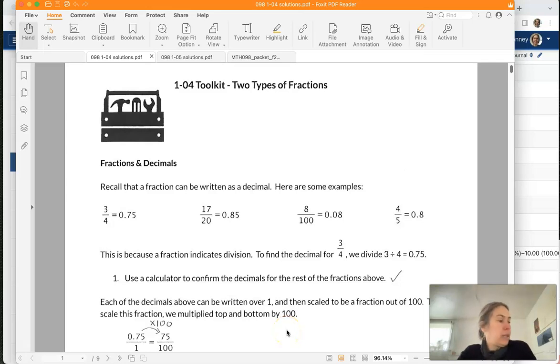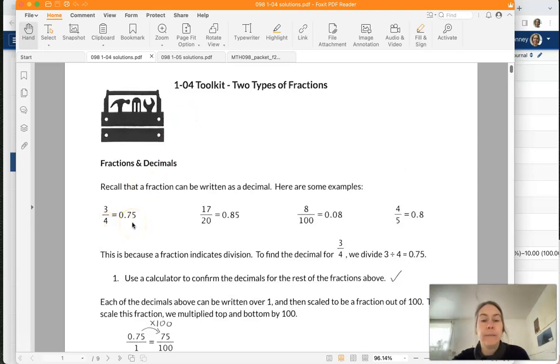This is page 18 in your book, and I called this toolkit two types of fractions. So we will be covering part over whole fractions, and then we will learn a different type of fraction that is not a part over whole. Start out really basic here to quickly review that if you want to convert a fraction to a decimal,